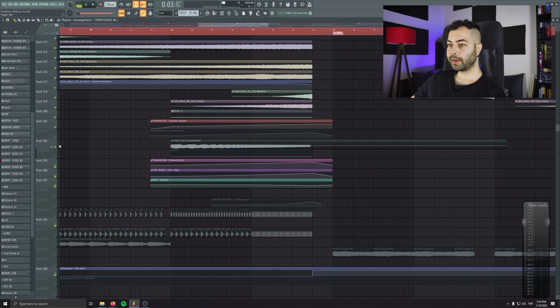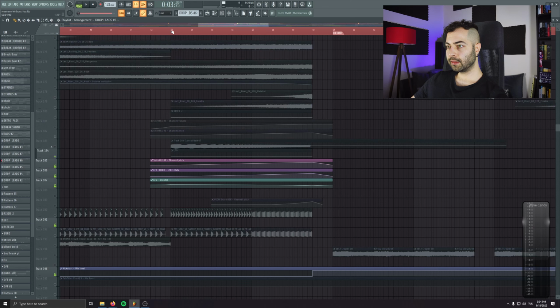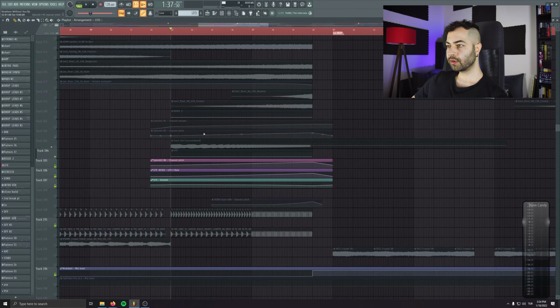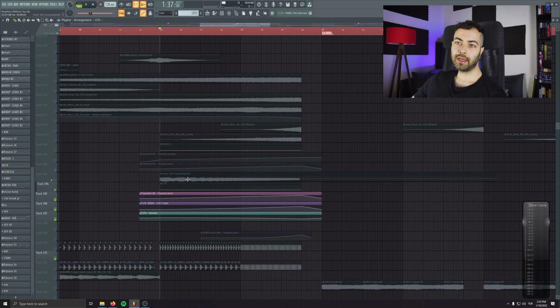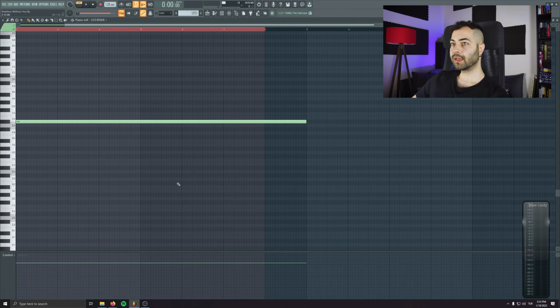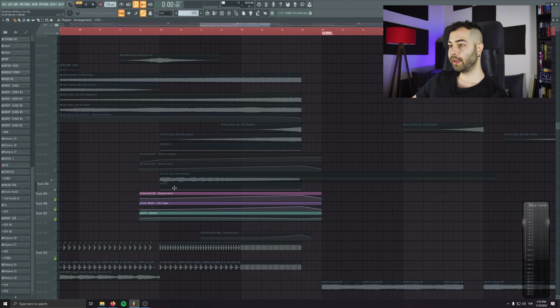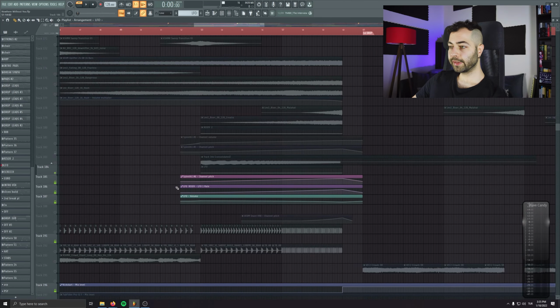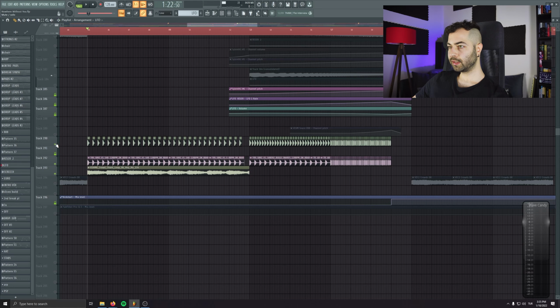Yeah, I think the cool part is we made this riser. It's not a sample. So with this, you can just make risers especially fitting to your track. I already have a tutorial about how to make your own LFO risers, so make sure to check this one. I'm gonna add a card to the top. So we have two snare channels.